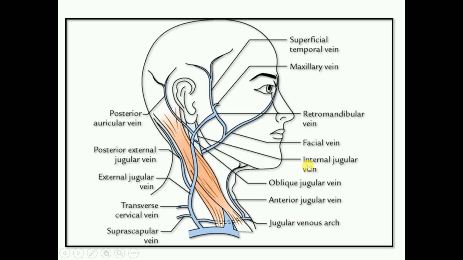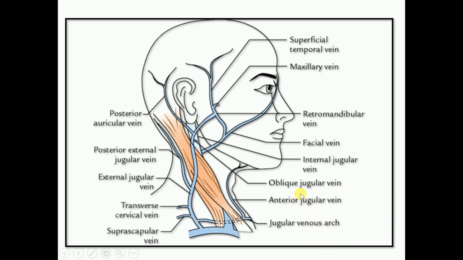Now we discuss the cutaneous nerves of the neck in short. The skin on the back of the neck is supplied by the posterior primary rami of the cervical segments C2, C3, C4, while the skin on the front and side of the neck is supplied by cutaneous nerves derived from the ventral rami of the C2, C3, C4 cervical spinal nerves through the branches of the cervical plexus.